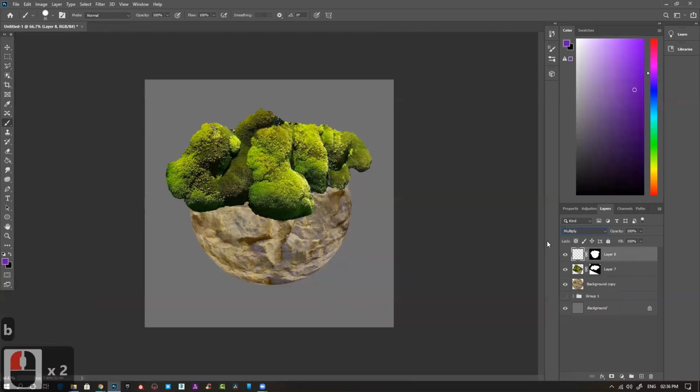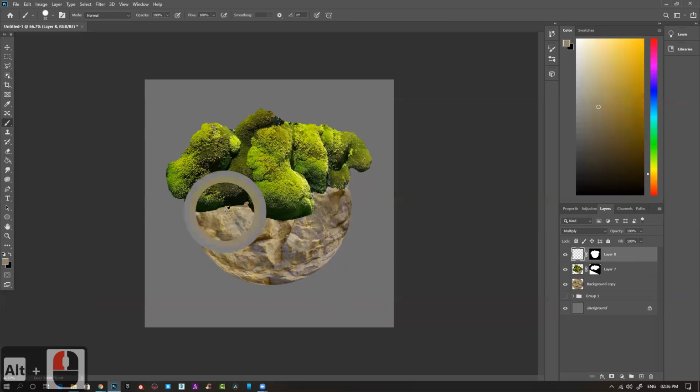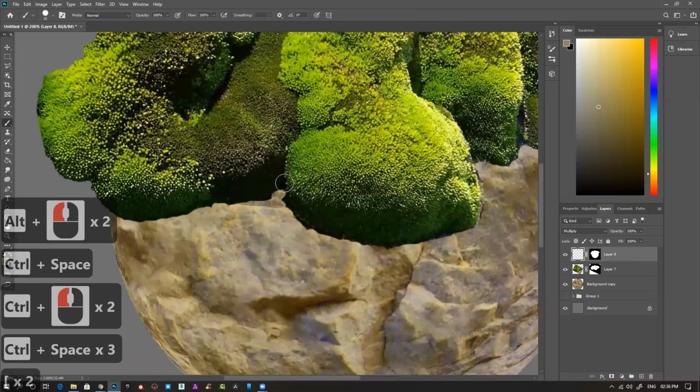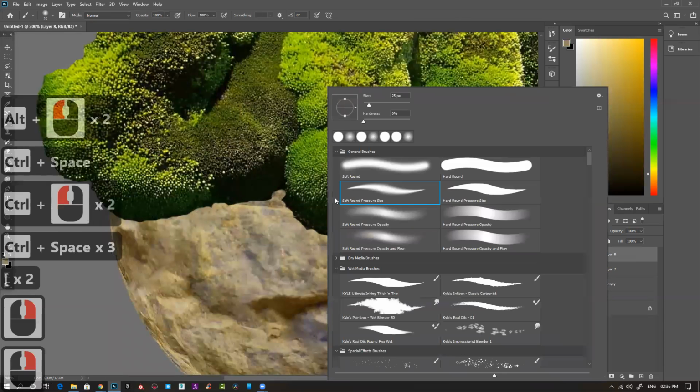And change this to multiply because we are going to create shadow. For shadow, we use multiply. For highlight, we use screen. Pick the same color, and this time I'll be using